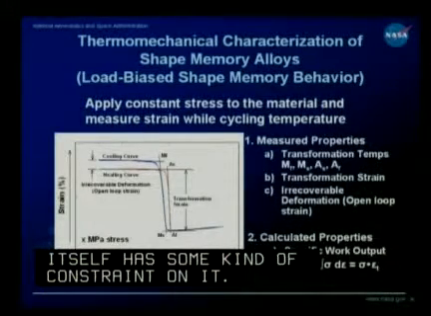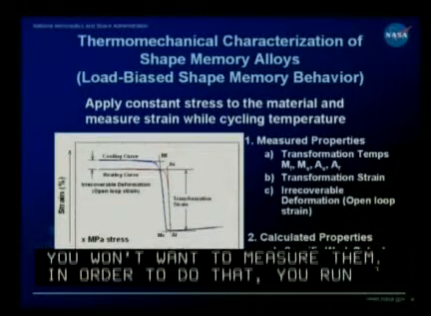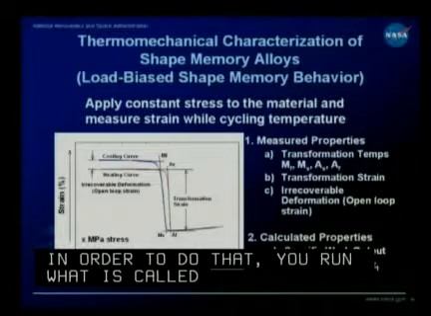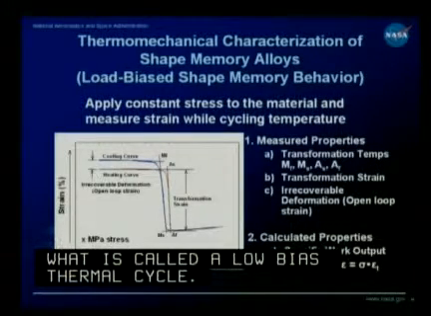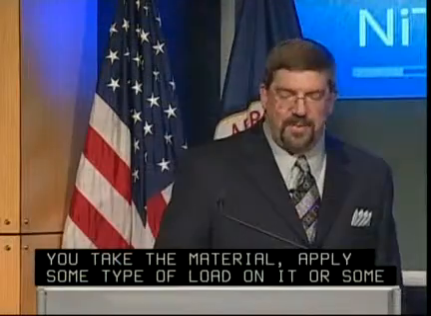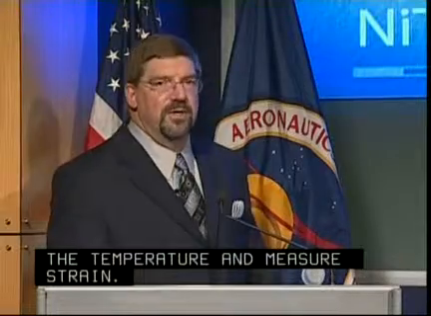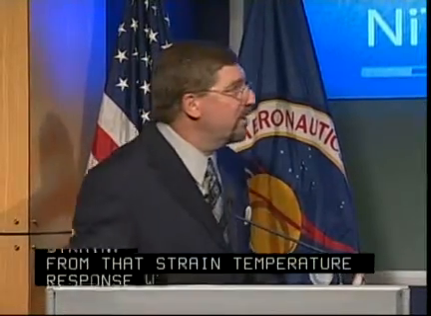So in order to do that, you run what's called a load-biased thermal cycle. You'll take the material, apply some type of load on it or some type of a constant stress, cycle the temperature and measure strain. And from that strain-temperature response, what you'll get are almost all the properties that you need to understand these materials. You get all four characteristic